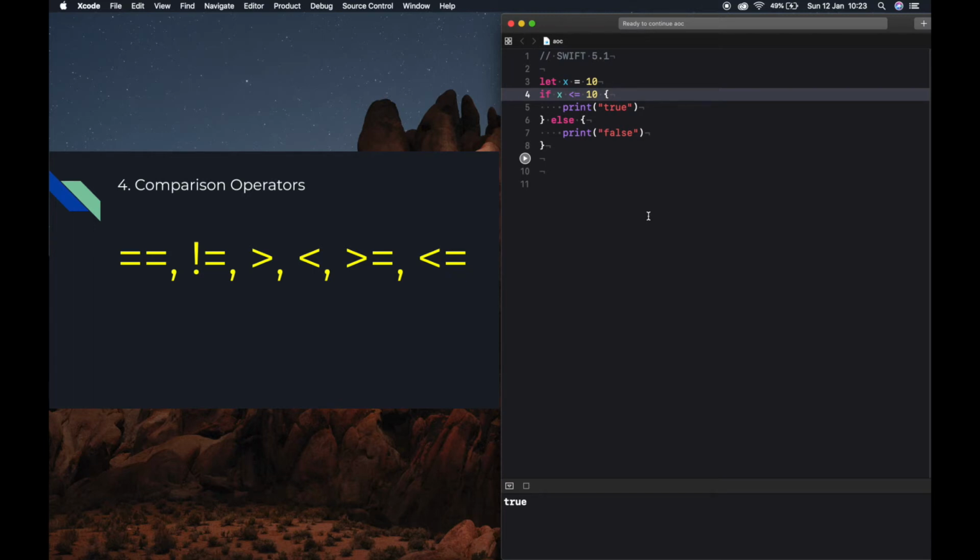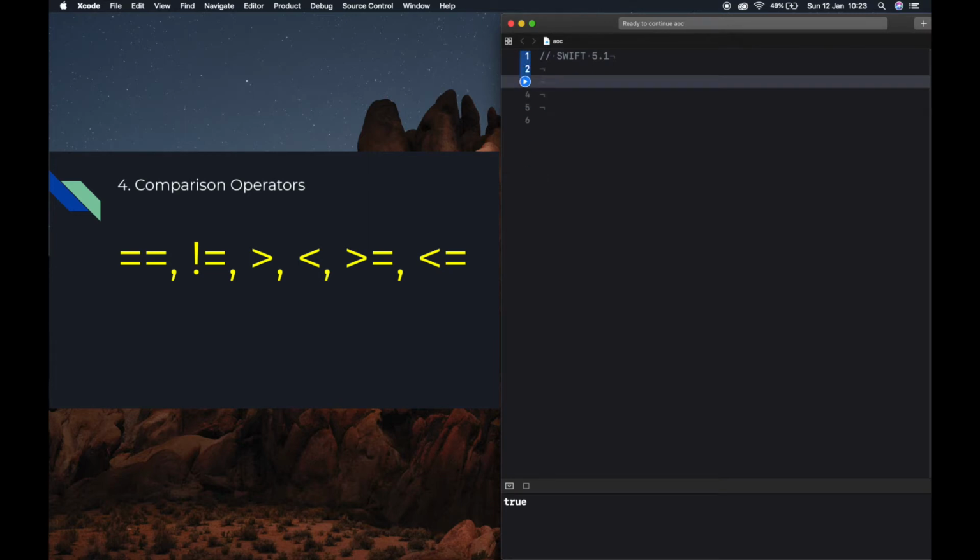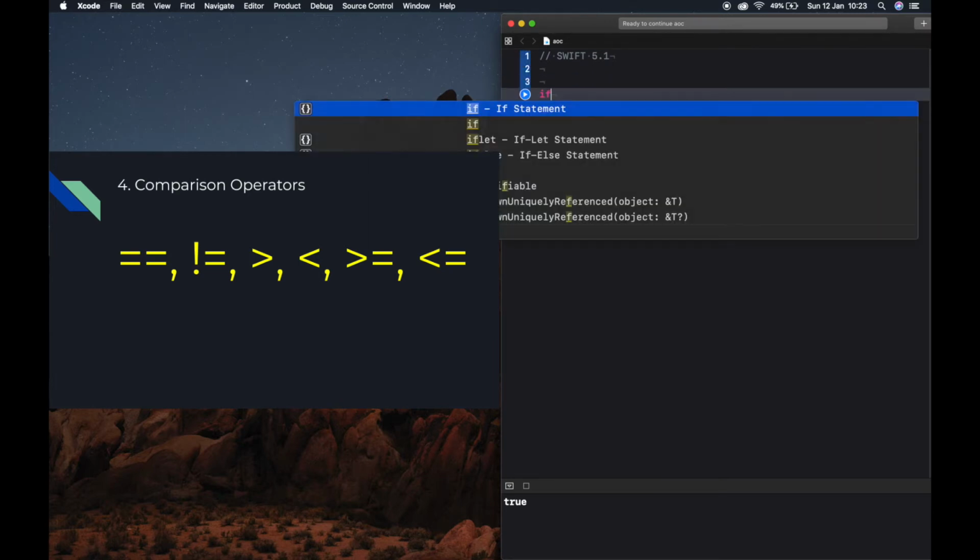We can also use the comparison operators with tuples. You can compare two tuples if they have the same type and the same number of values. For example, if